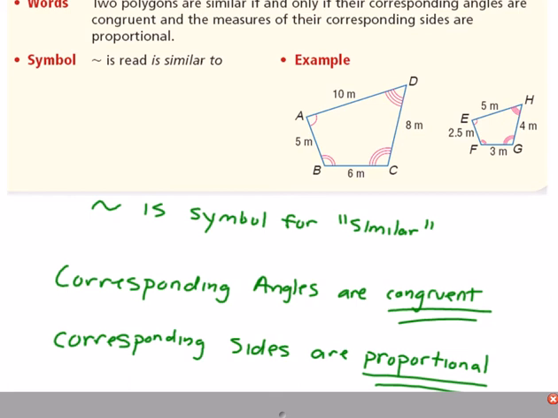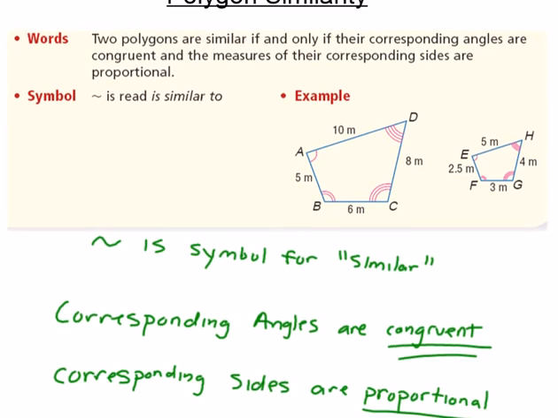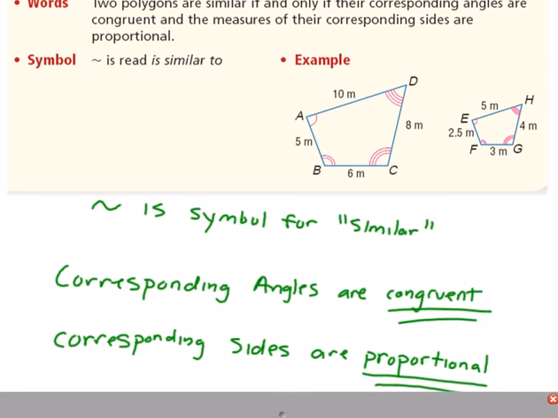On similar polygons, corresponding angles stay congruent. Just like with congruent polygons, the angles are congruent. We're preserving angle measure, but the sides are proportional. Instead of being congruent, we change the word for sides to proportional. If you look here at the example, since these are a result of a dilation, and dilation means to multiply, and the inverse of multiplying is division,